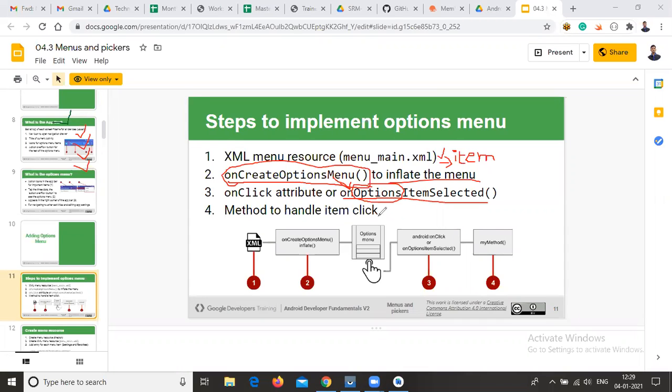After that, you implement the on-click events inside the onOptionsItemSelected method. These are the steps we need to follow to implement option menus.